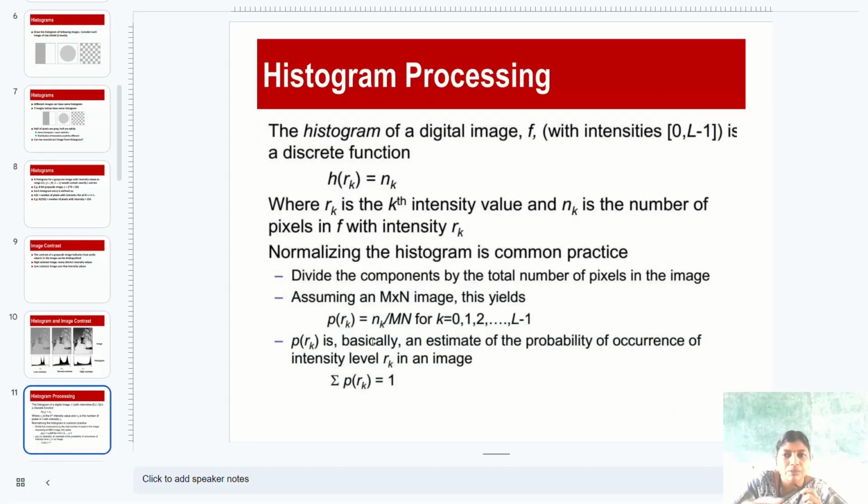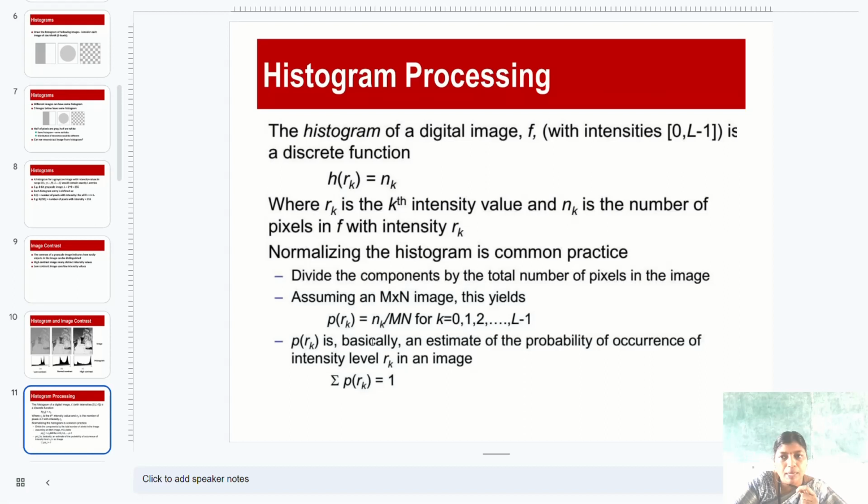So moving to the next topic, we have already seen what a histogram is. A histogram is nothing but the intensity value, that is, the gray level. The intensity values will be calculated as in a histogram. So for histogram processing, we need the histogram of a digital image